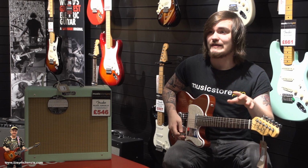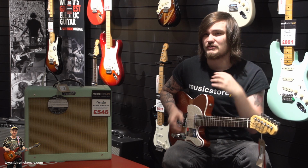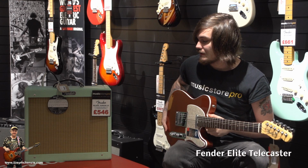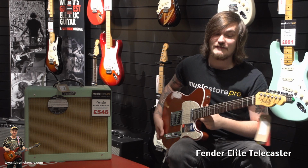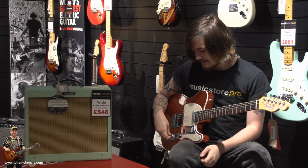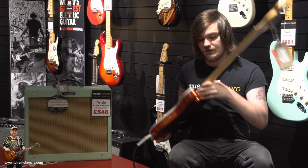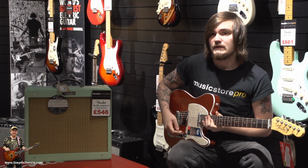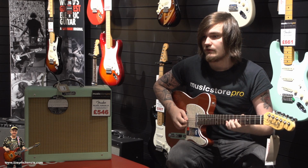The Eminence for me sounds great, but when you compare it to a speaker like this, the highs don't come through as much. It just sounds a bit bland, to be honest. And the guitar running into it is the Elite Tele equivalent of the Strat we were on about earlier. It's the same features, like the flat fretboard for your widdly diddly stuff up there, and your S1 switching system to get humbucker sounds. It's got a cutout on the body, the contour for your body, and again it's got the neck contour there, like a regular Telecaster. But tone-wise, it sounds really good. You know, it's like